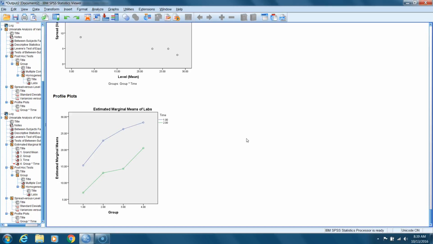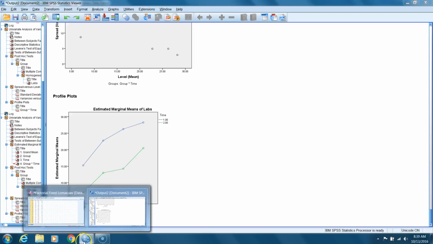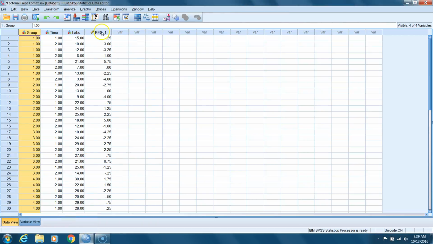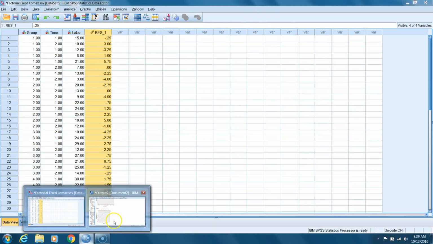This time around, we also asked for our residuals. So we asked for the unstandardized residuals, and here they are. So we can go back, we can see that our lab score was 15. And when we go back to our data,